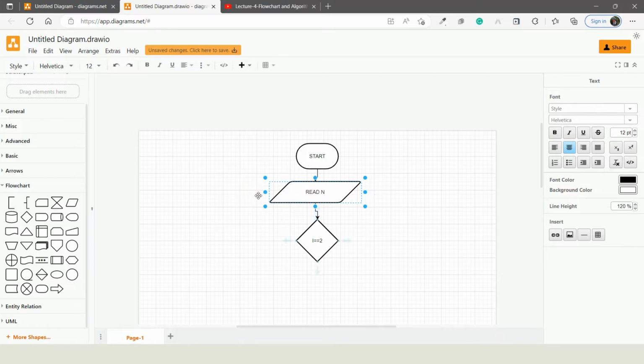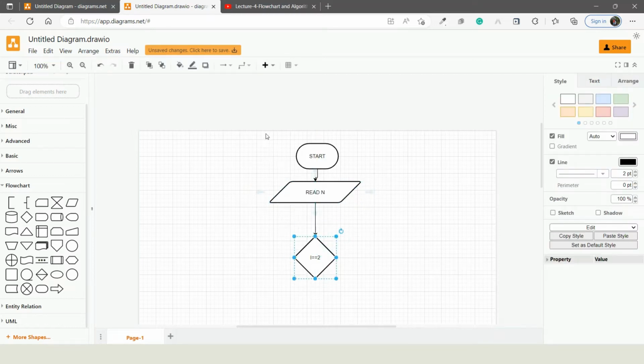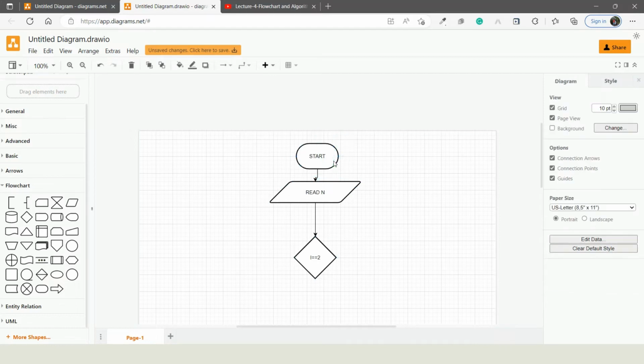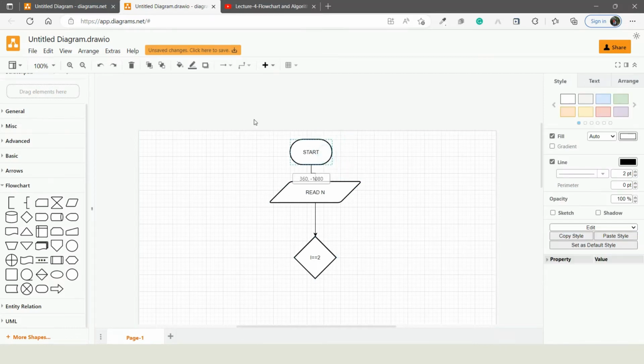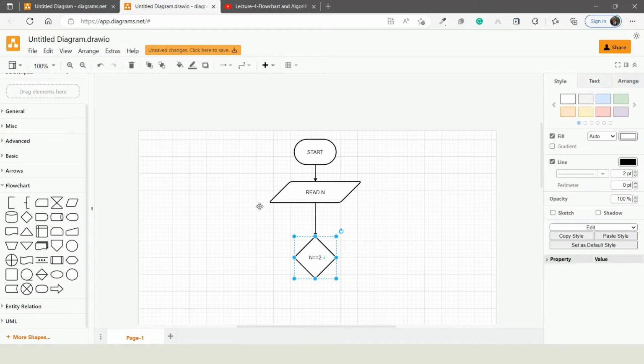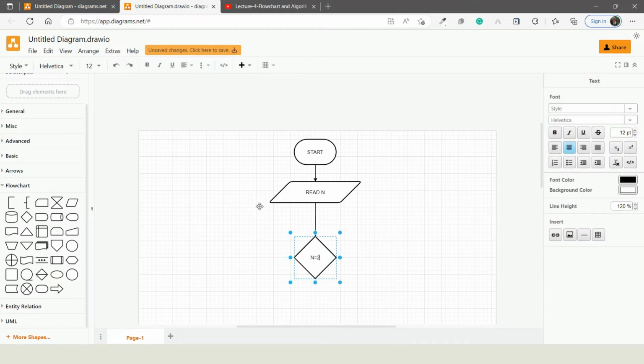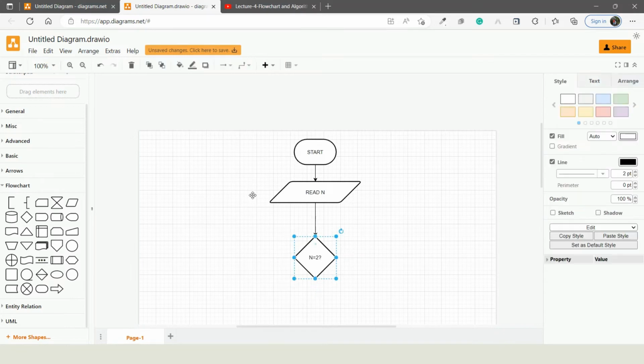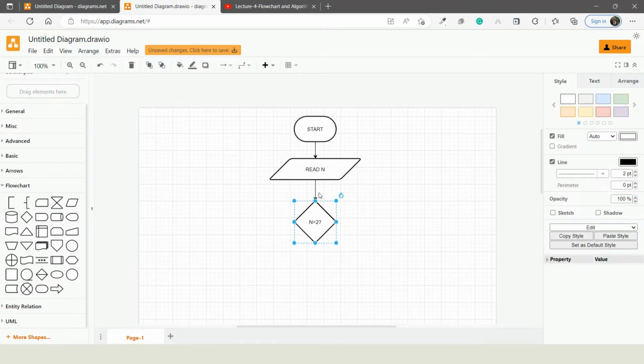Okay, then read n. We have to verify whether the value of n is equal to 2. If it is equal to 2, then n is definitely a prime number. If it is not true, then